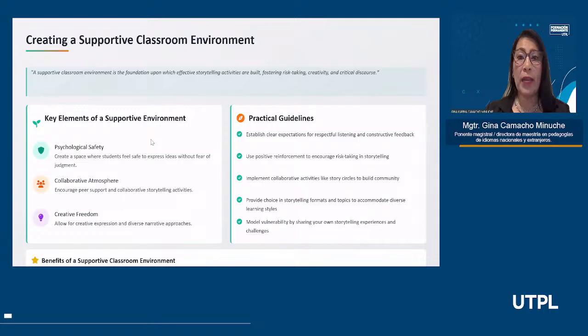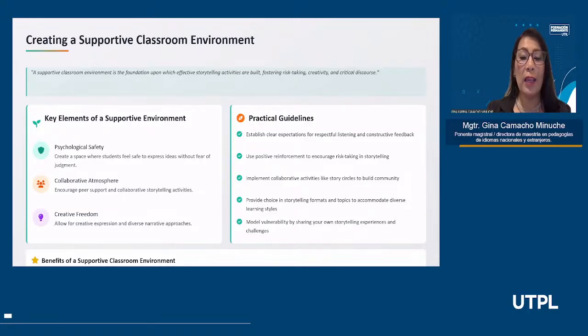And then we have the practical guidelines. Establish clear expectations for respectful listening, constructive feedback. It is very important, from the very beginning, we as teachers should set up clear rules, okay?